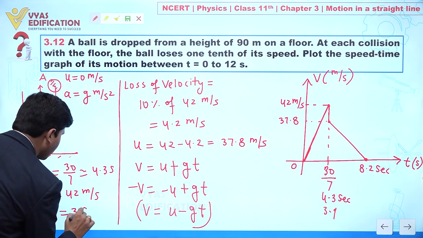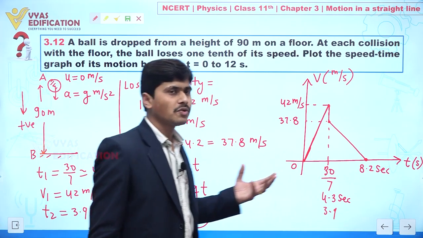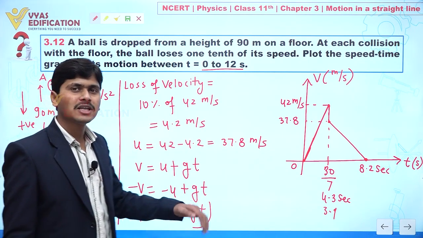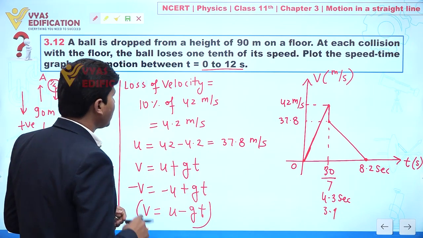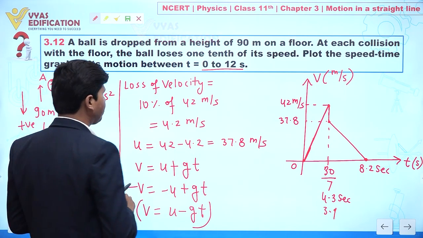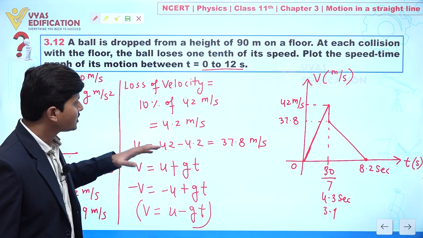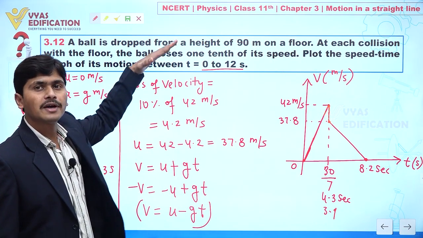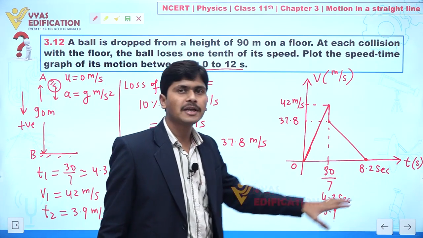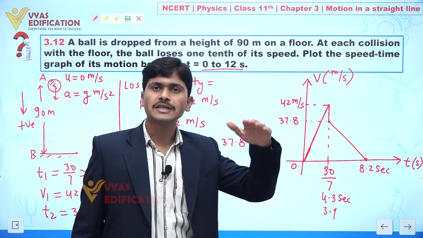This is 3.9 meter per second. Now exactly we have to draw here a graph between t equal to 0 to 12 seconds. Clear? It means now we will move ahead. So now we can say initial velocity we have 37.8 meter per second. Yes or no? Because this body is actually moving in the upward direction with a velocity 37.8